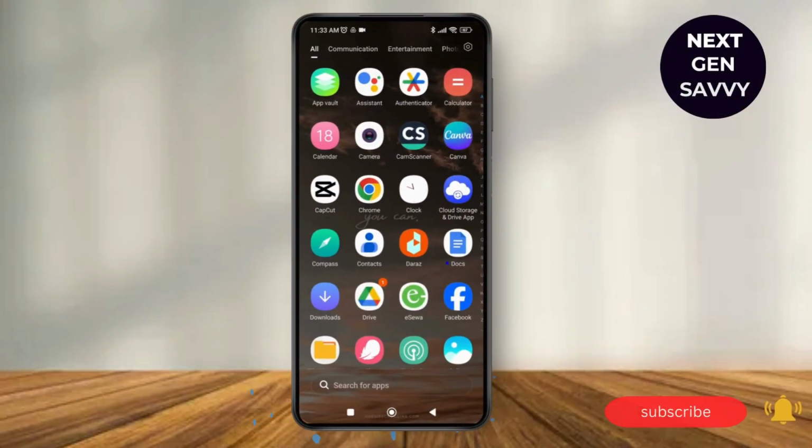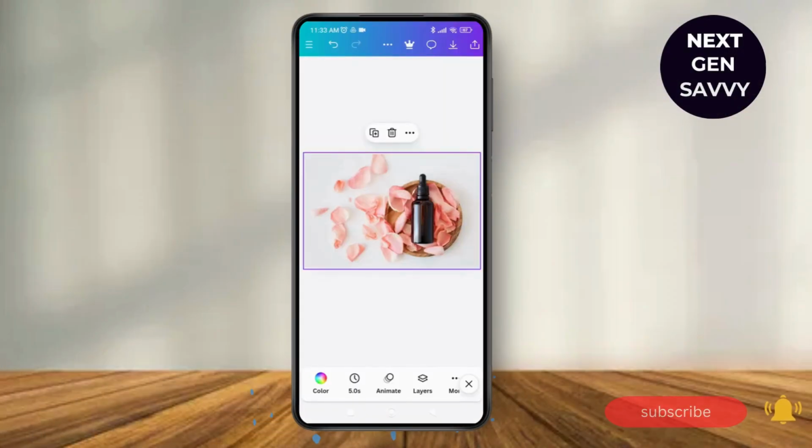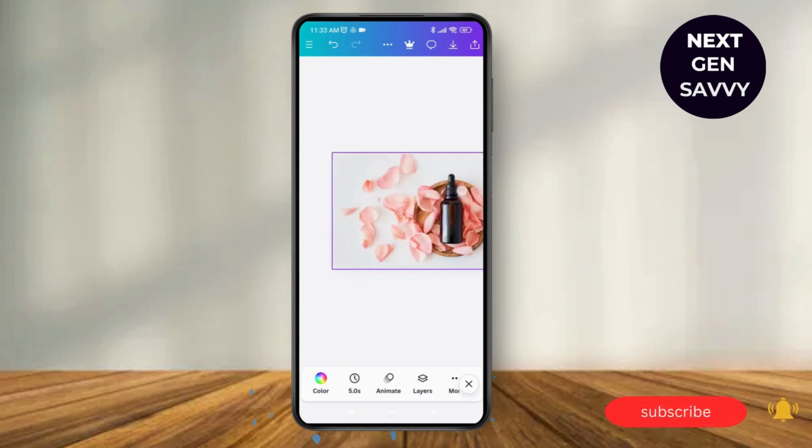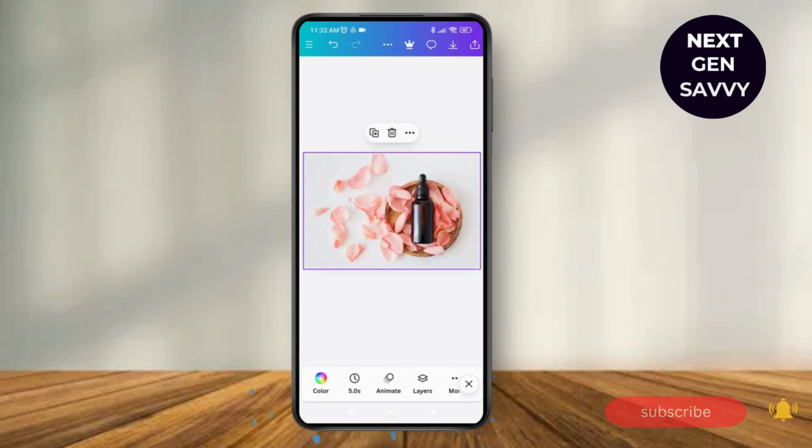So first of all, launch the Canva application on your device and make sure that you're logged in. Now as you can see, I already have one image or one page over here where I have added on my project. Now if I want to add the page in this project, as I want to add another picture,